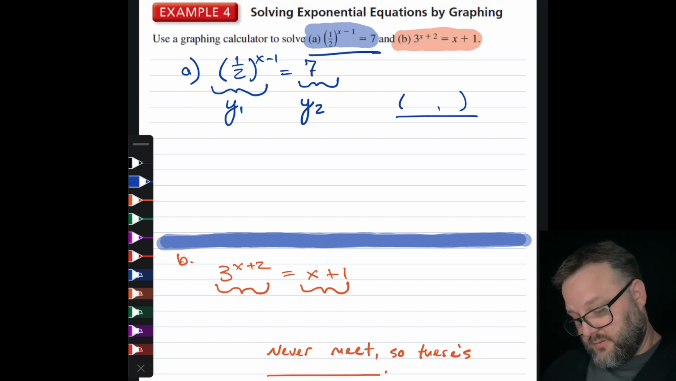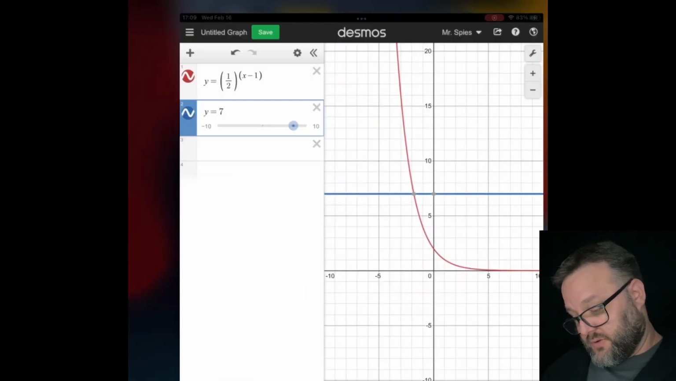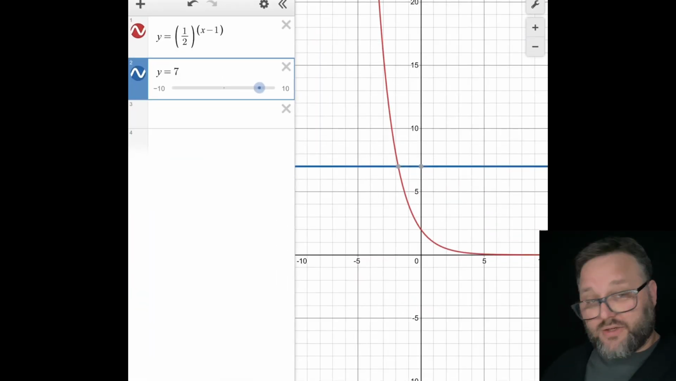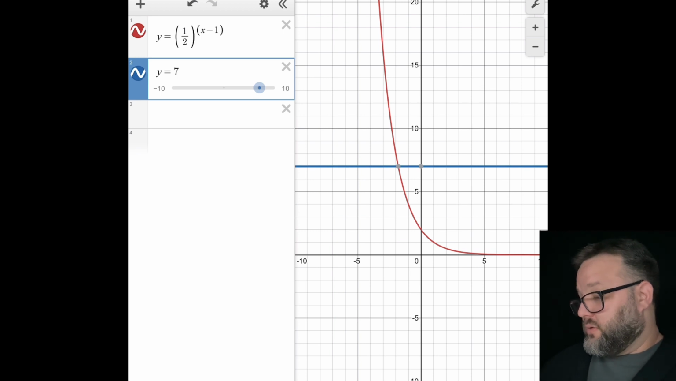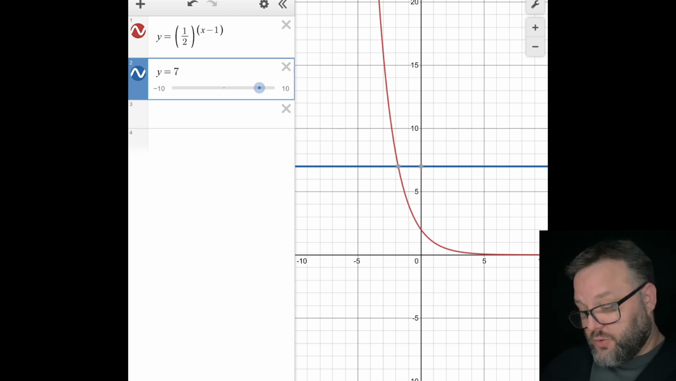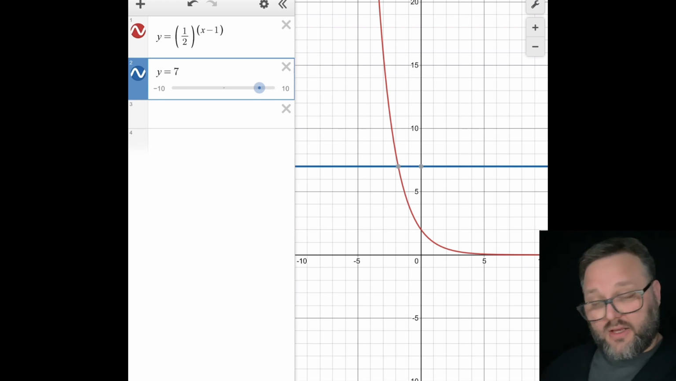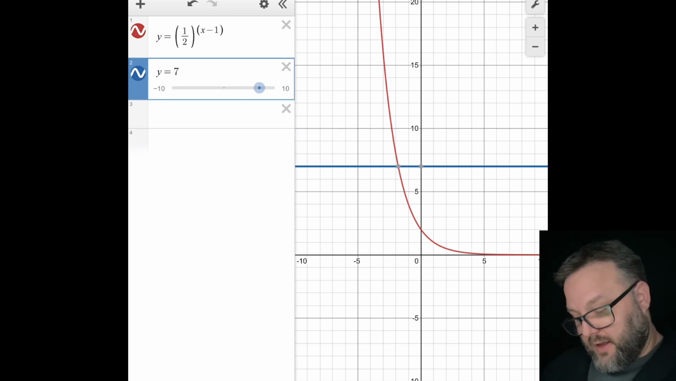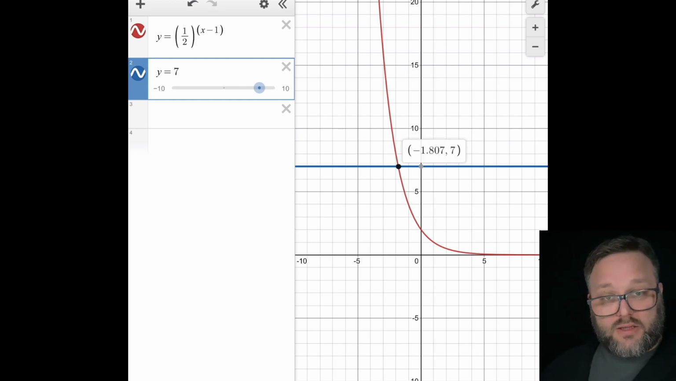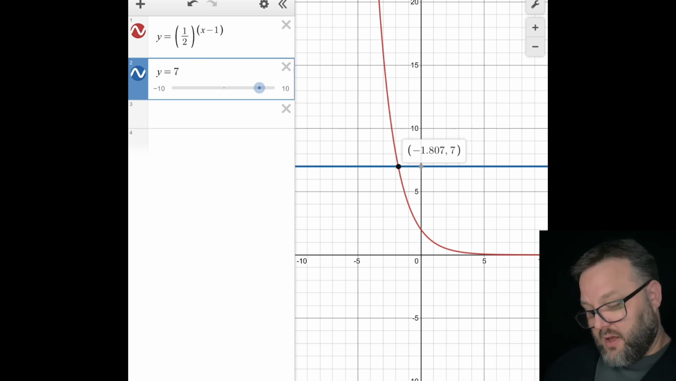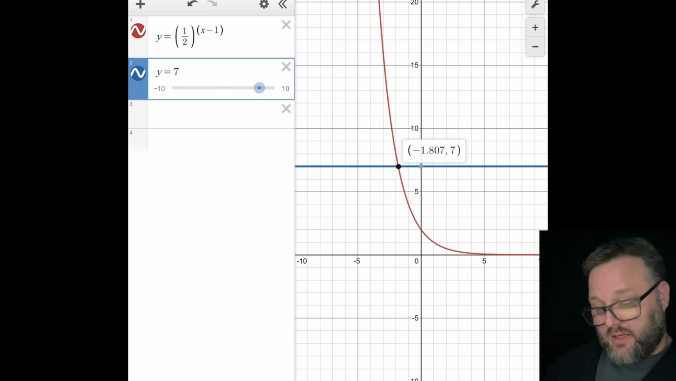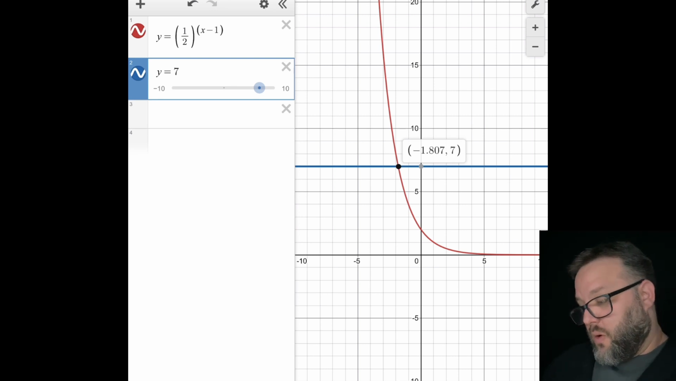Now what I've done is I've set that up in Desmos here already. If you look, the equation in red is y equals (1/2) to the x minus 1. So the red graph is our first function, or the y1 we were going to enter. And y equals 7 is the blue line. And what we find out, if you click on the point, it indicates by a gray dot, at least on my version, the point where they meet is negative